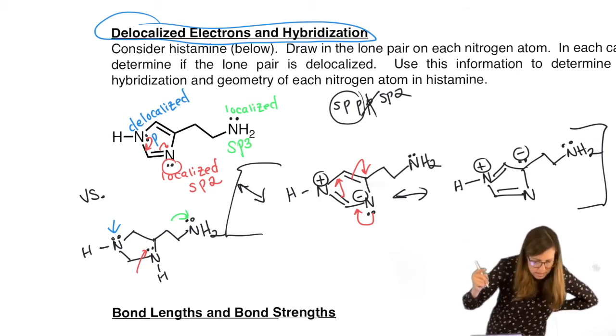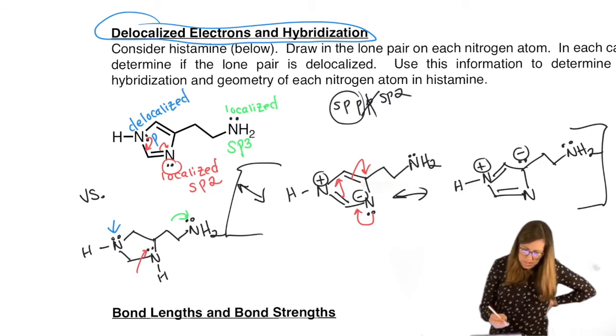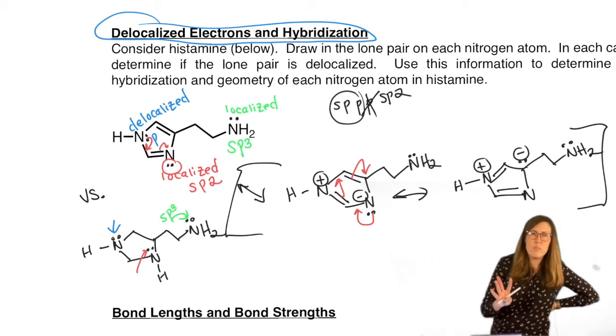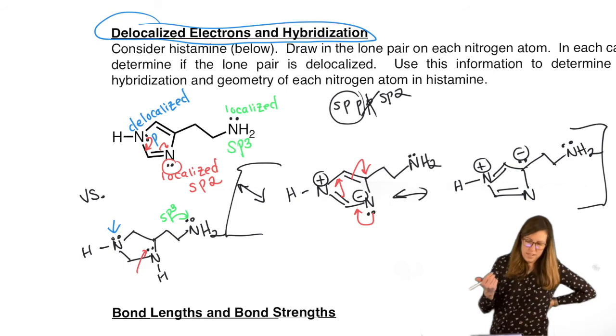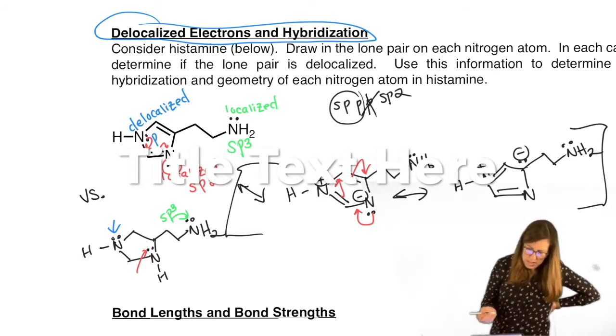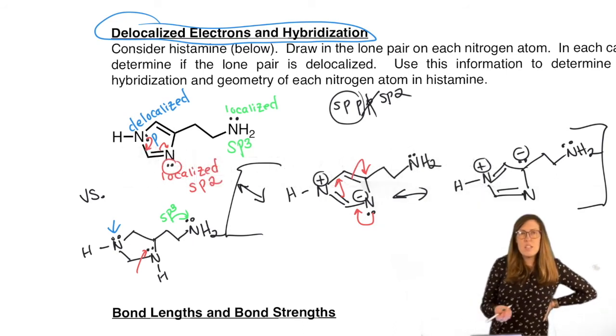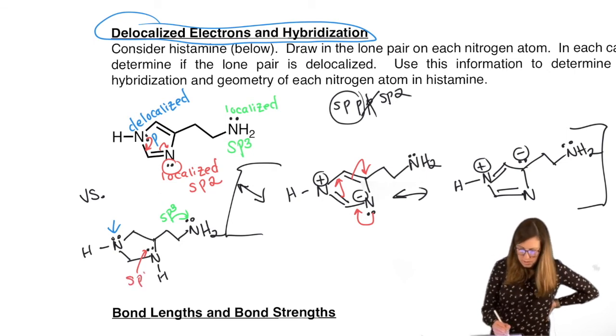Except for the fact that, did I take away a pi bond? I took away a pi bond, so I actually changed red. Green stayed the same, sp3. Let's look at red. Red has 4 electron groups, no pi bond this time. So red and green are the same idea. They have 4 electron groups, no pi bonds nearby, so no p orbitals being used at all. So now this one's sp3.